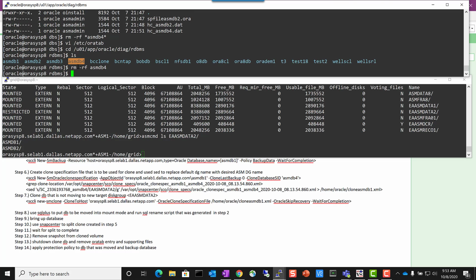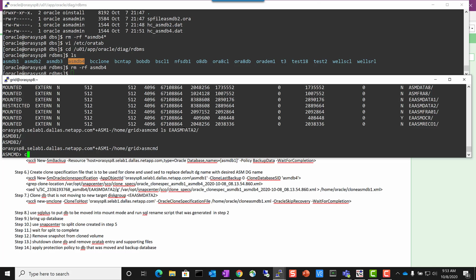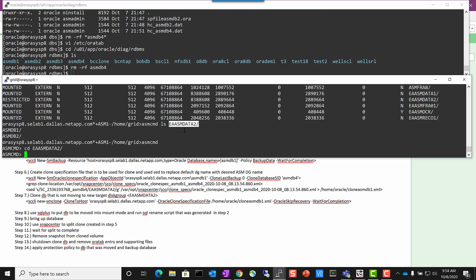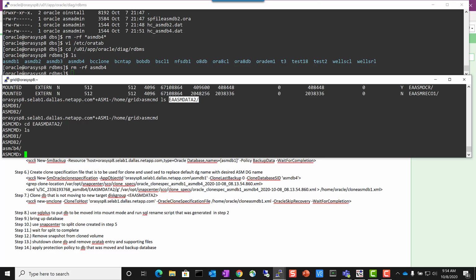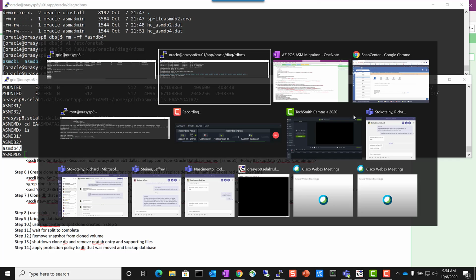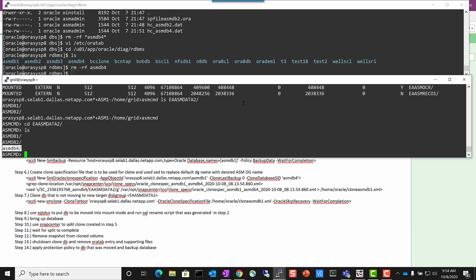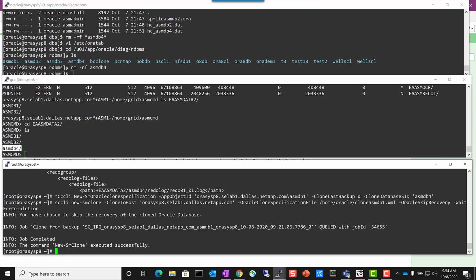Now we've done that. As I said, what we're not going to do yet is, if I, in my grid user, cd to this disk group, we'll see we have this ASM DB4. We don't want DB4 and we do not want DB1, we just want DB2. But if I delete it right now, because there's a snapshot there, it's not really deleting it. So what we want to do now is